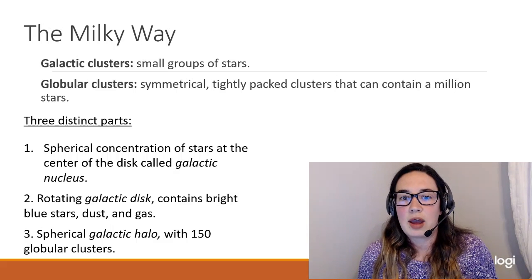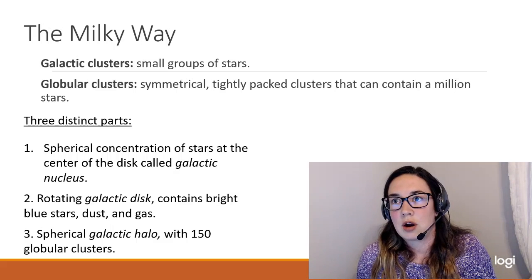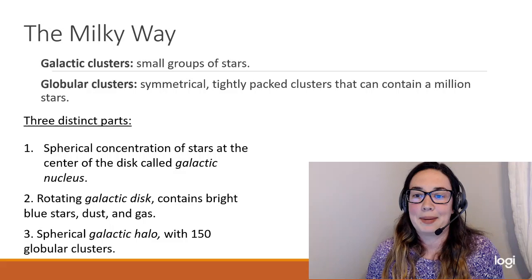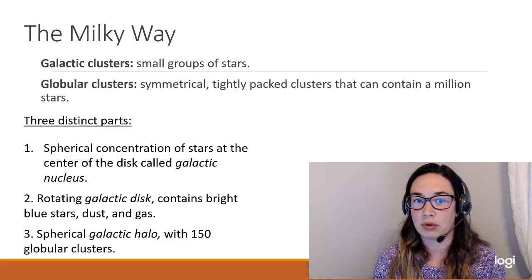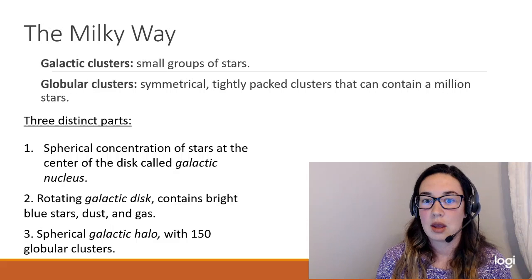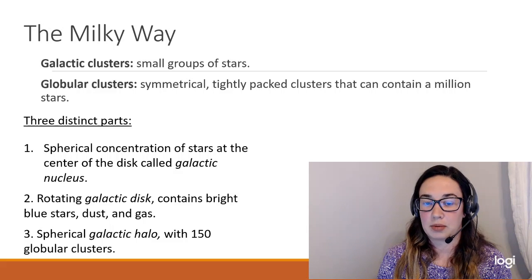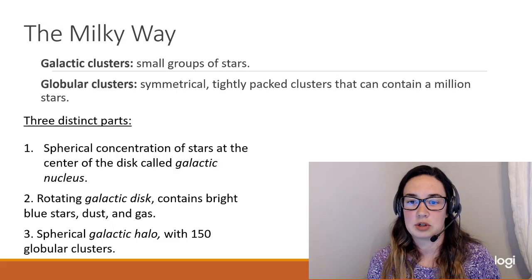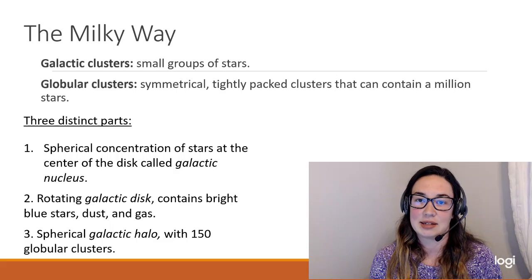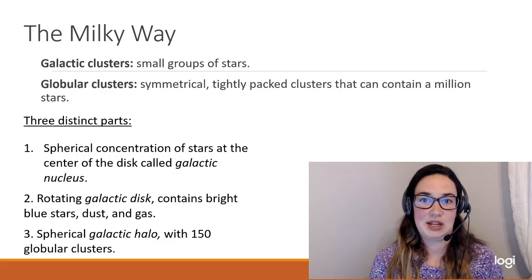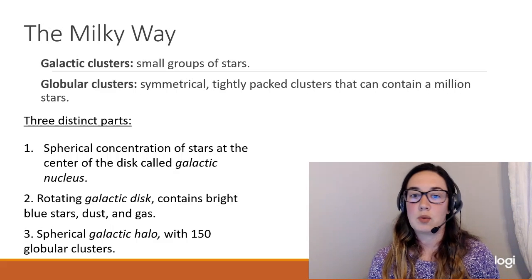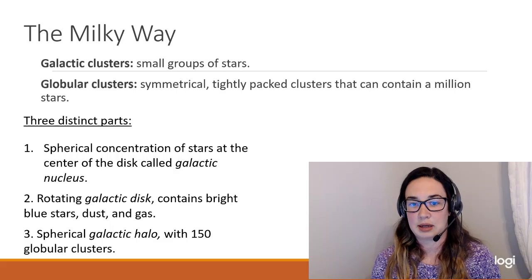And then we also have globular clusters, which are symmetrical, tightly packed clusters. These can contain over 1 million stars or so. So they're larger, these globular clusters, but they are very tightly packed and very compact. So we have clusters that exist in the Milky Way, but the Milky Way does have 3 distinct parts,